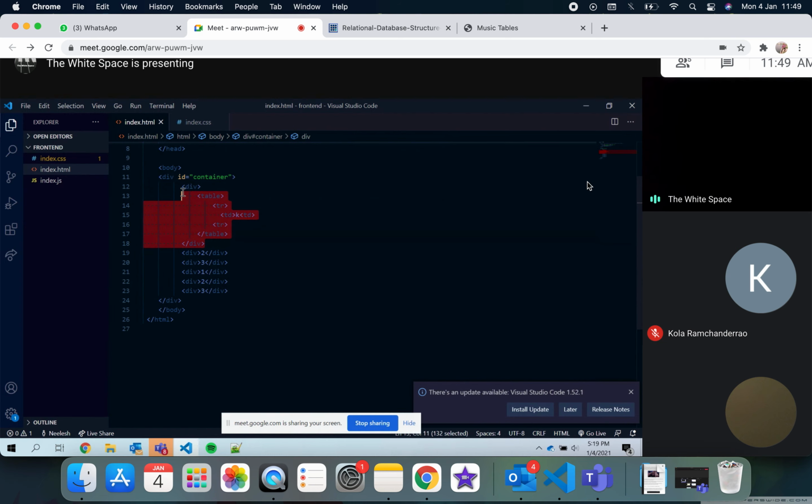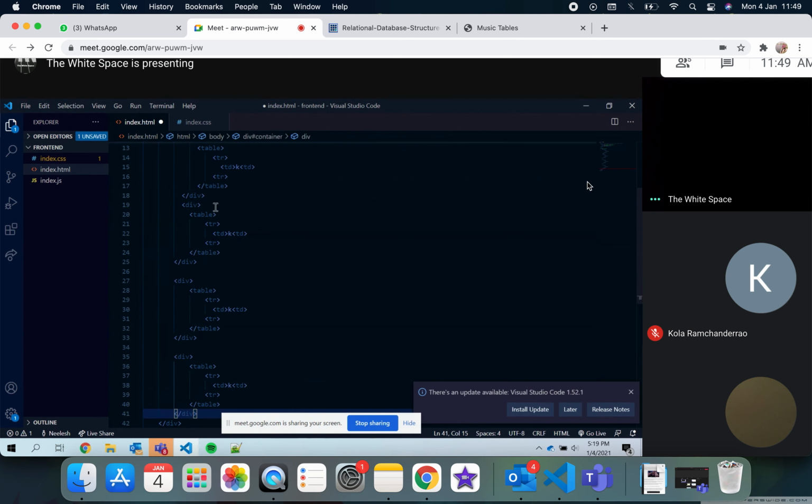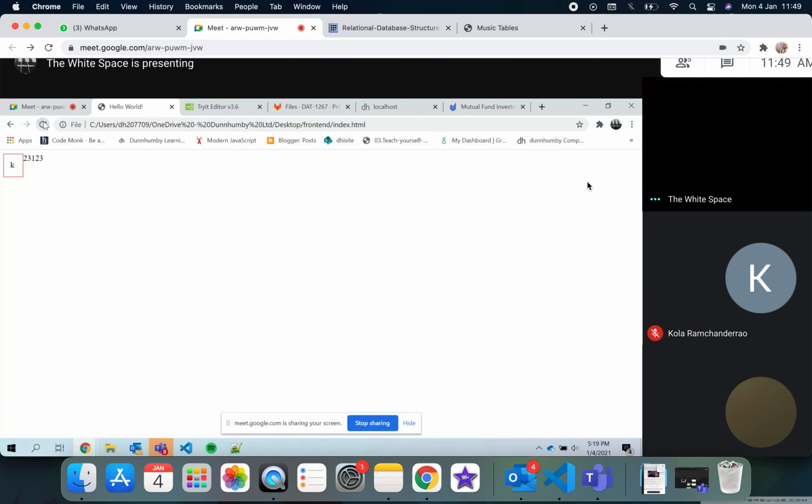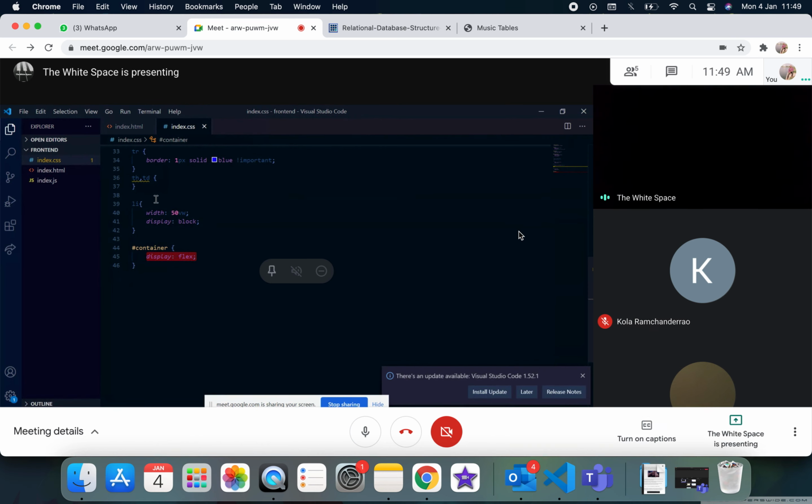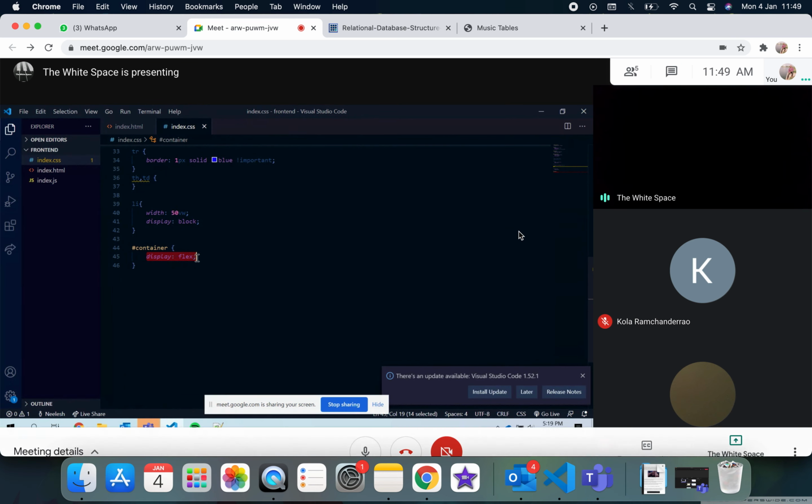And to make 3 tables, let me just copy and paste the code here. There are 4 tables now, which are wrapped inside divisions. So they're coming in this way. Also, we want them to be aligned and equidistant, right? For that, you have to remember this thing. After giving this display flex,